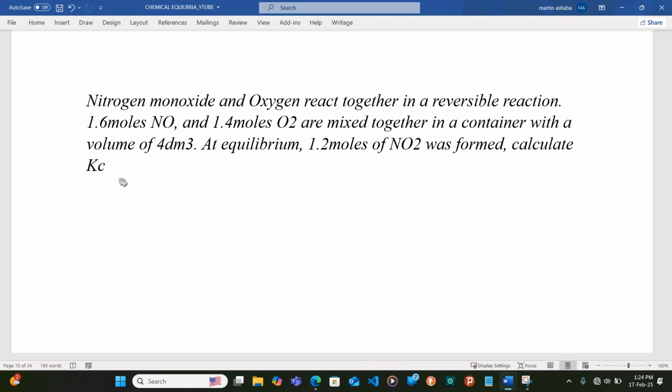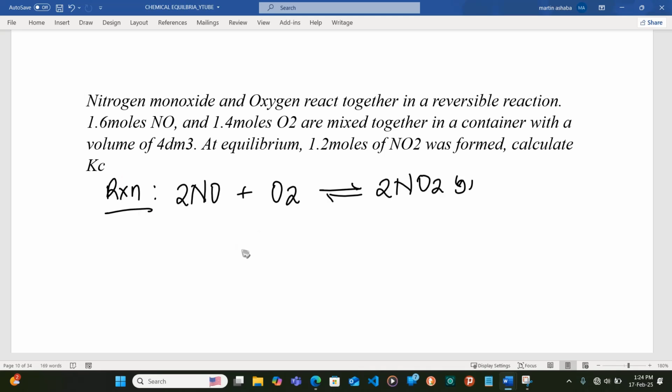So let's write the equation for the chemical reaction. So this is how we can write the chemical equation for this reaction. So 2 moles of nitrogen monoxide are required to completely react with 1 mole of oxygen, giving us 2 moles of nitrogen dioxide. So we are told the number of moles present at equilibrium, but before that, we are told